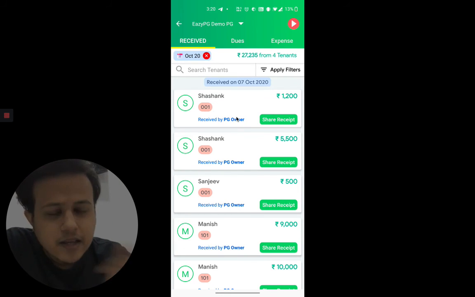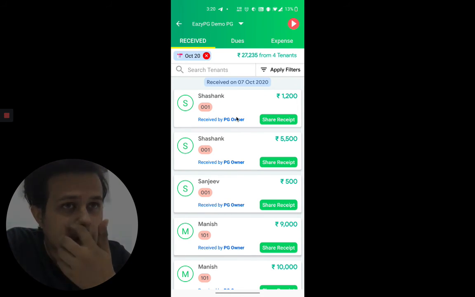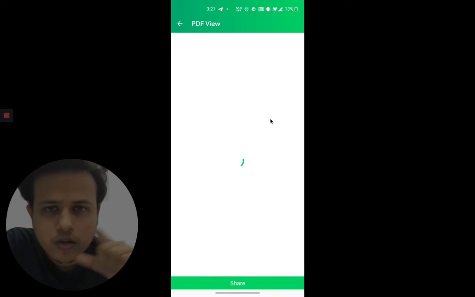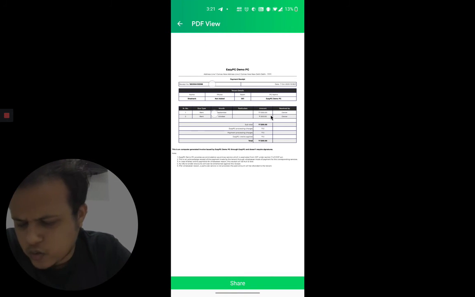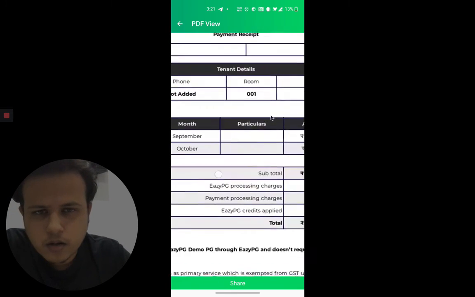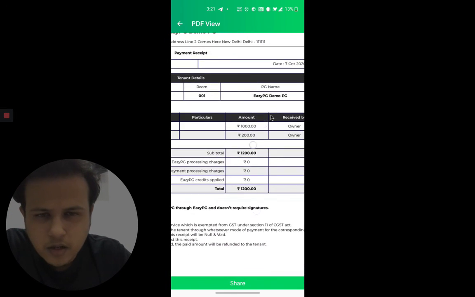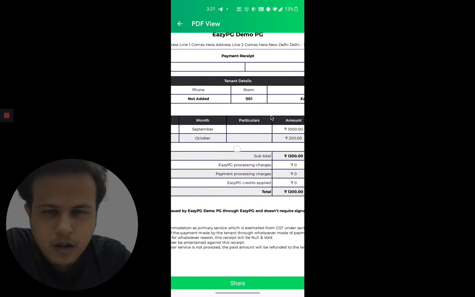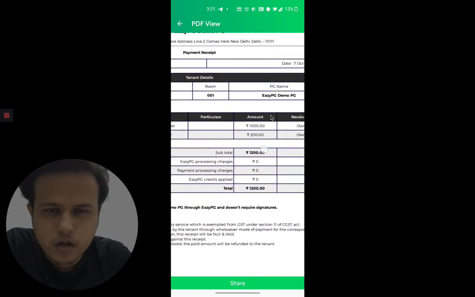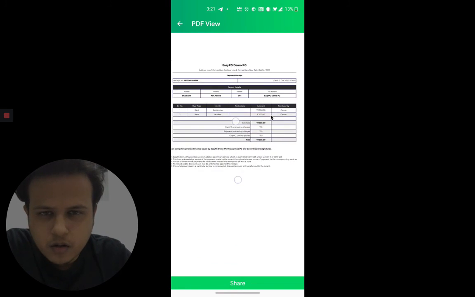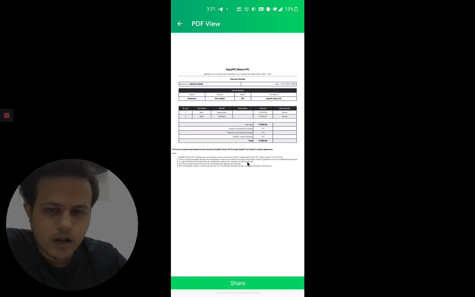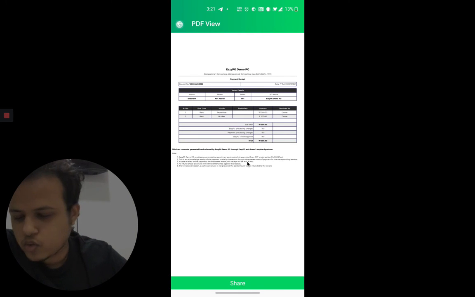After I receive the dues, let's say any tenant demands a receipt or something like that, you can simply click on this button right here and it will show you the receipt and you can share it instantly. As you can see, this is Shashank's receipt. I can zoom in. It is for 1200 rupees, and this was two different dues as we remember, right? One was the 1000 from rent of September and another was 200 rupees that we received from a different due from the October one. I can click on the share button and share it to the tenant on their WhatsApp number or whichever medium I choose.